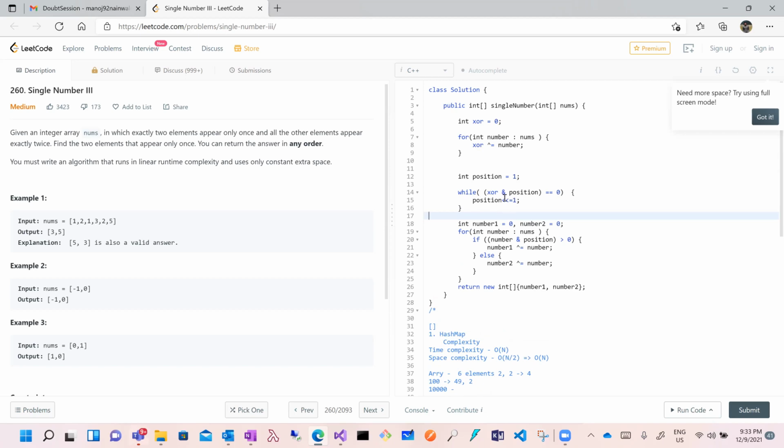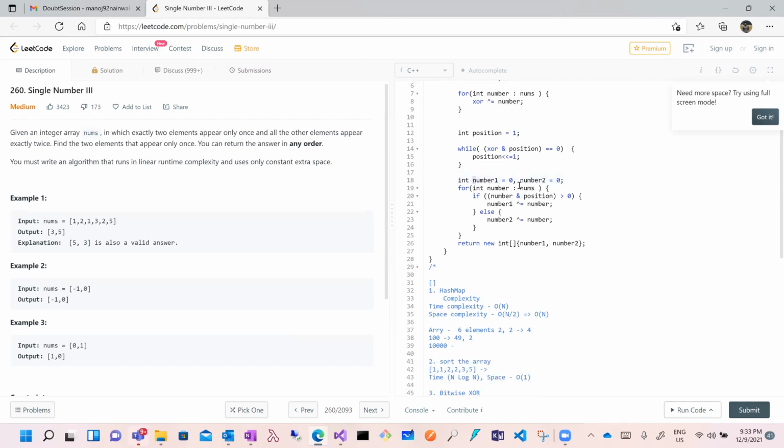I'm doing a bitwise AND operation here, so if I get 1, then I will break this loop and it will set the position, meaning the position at which this XOR has value 1. After this while loop, I am taking 2 numbers, and if the bit at that position is 1, then I am XORing it into number 1, otherwise XORing it into number 2.